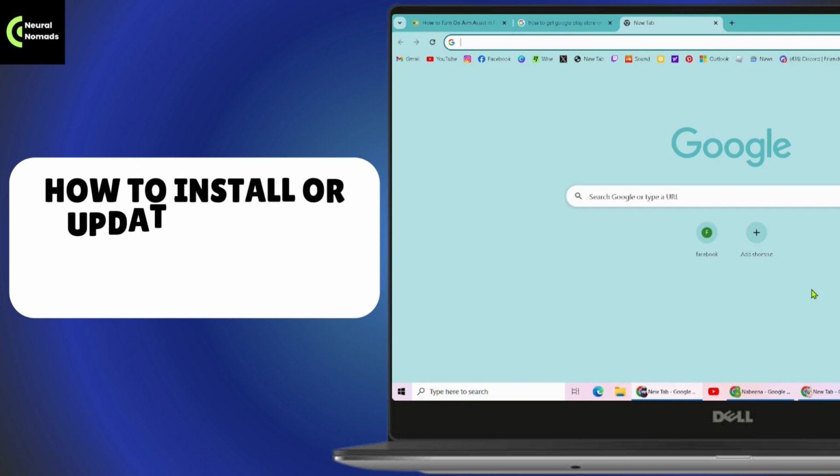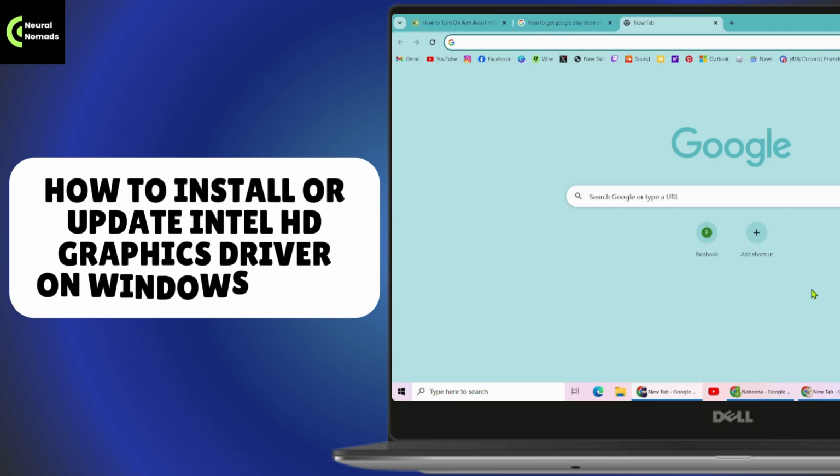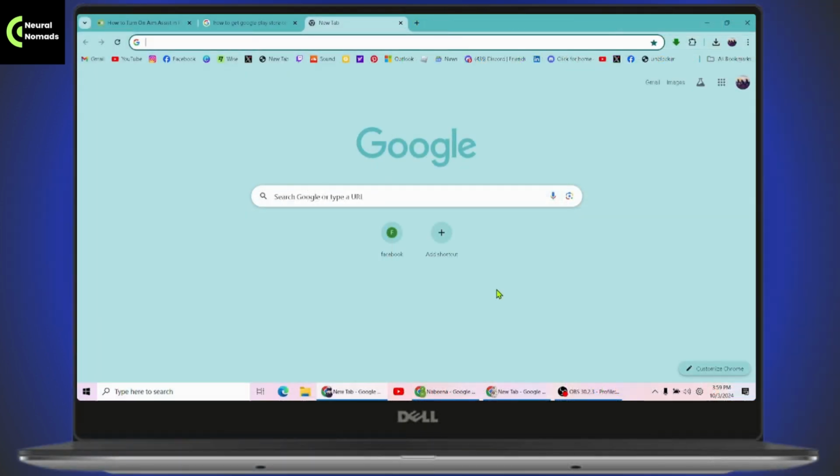How to install or update Intel HD graphics driver on Windows 10 or 11. So if you want to install or update the Intel HD graphics driver on your Windows 10 or 11, then